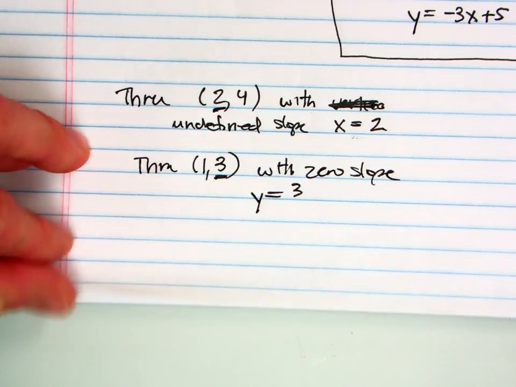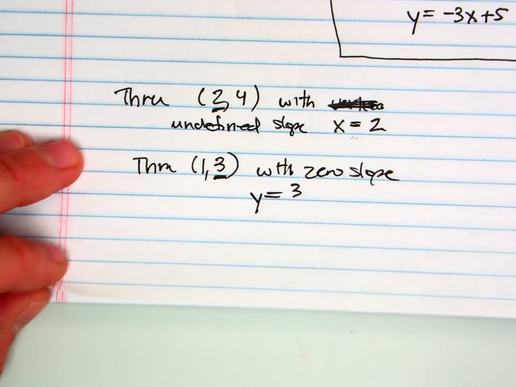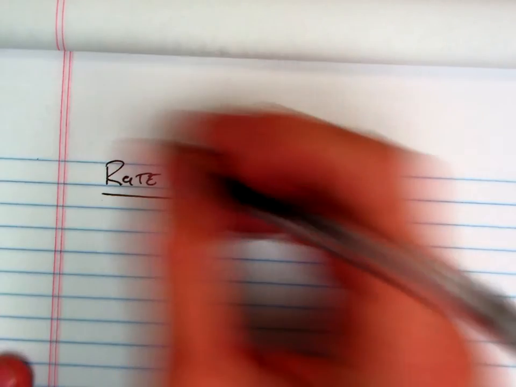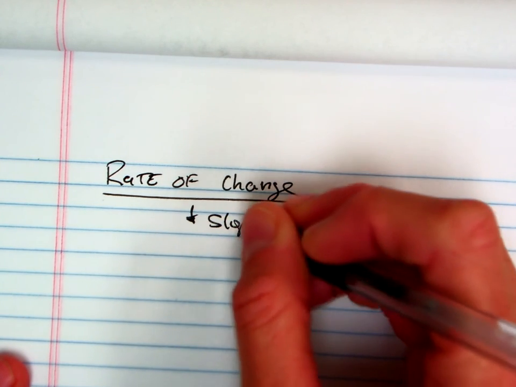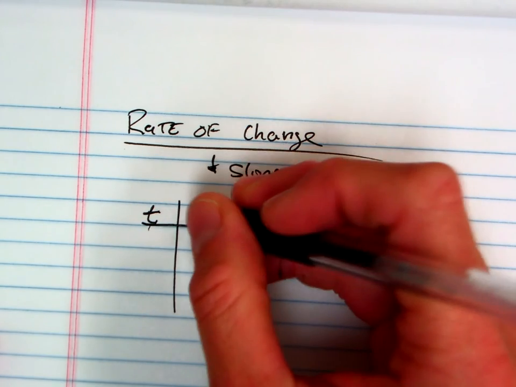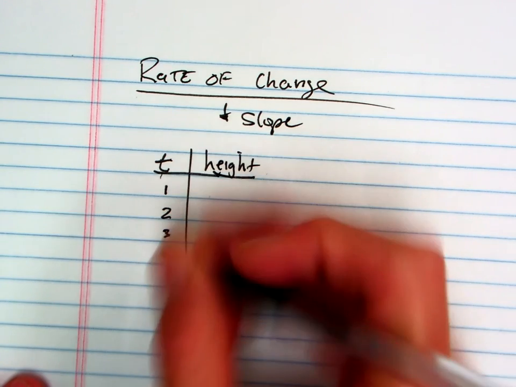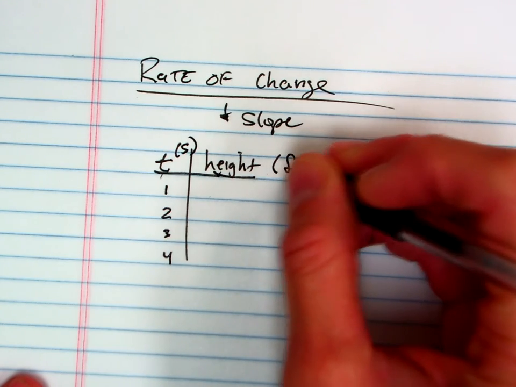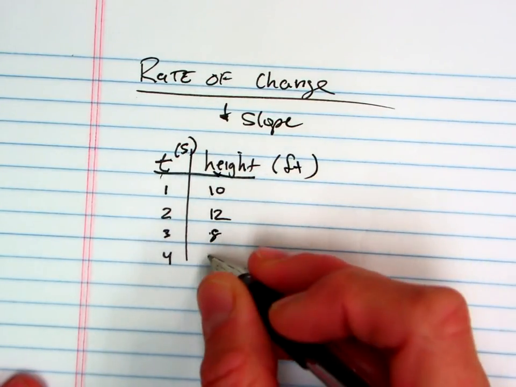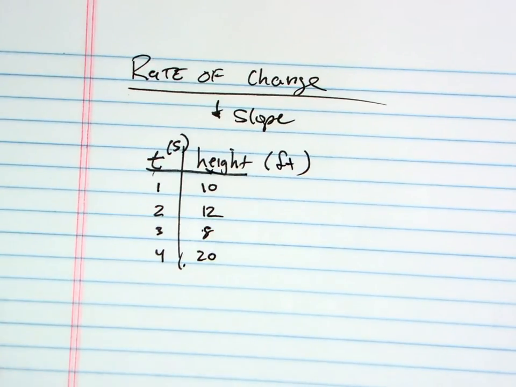And basically that's it for vertical and horizontal lines. The last thing that we need to make sure we understand is rate of change. And rate of change in simple terminology would basically mean slope. For example, if I had time and I had height, and I said 1, 2, 3, 4, this is in seconds, maybe this is in feet, 10, 12, 8, and then 20. If I wanted to find the average rate of change,